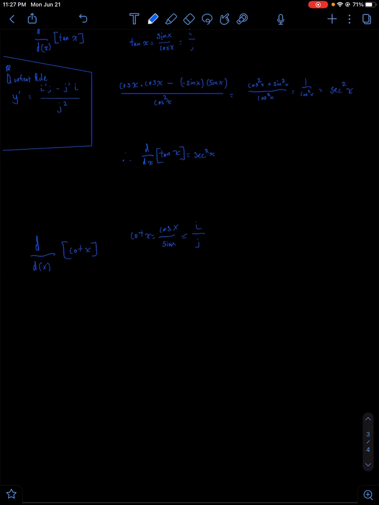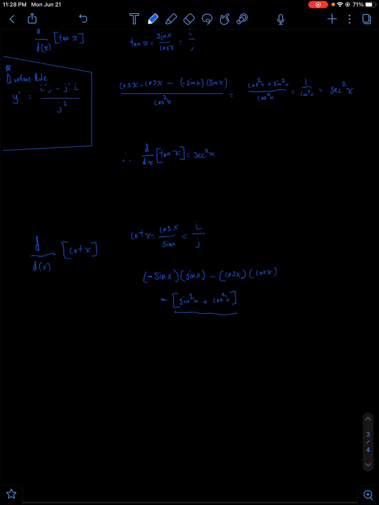Following the quotient rule, the derivative of cosine of x is negative sine of x times sine of x, minus the derivative of sine of x, which is cosine of x, times cosine of x. So we get negative sine squared x plus cosine squared x